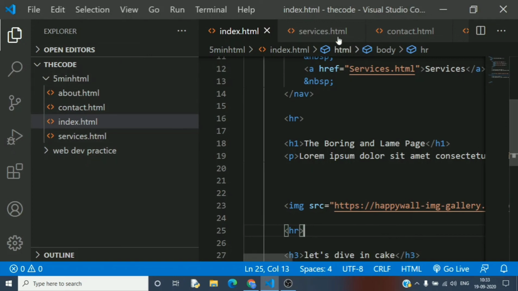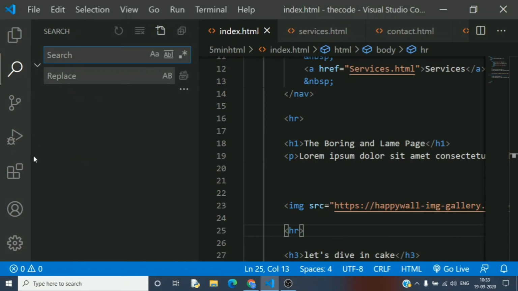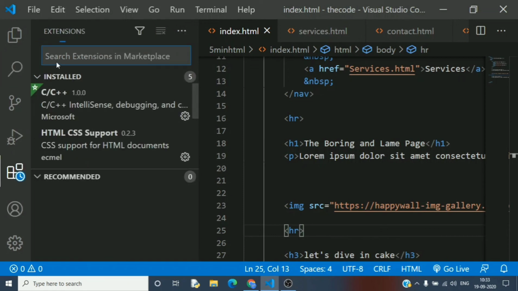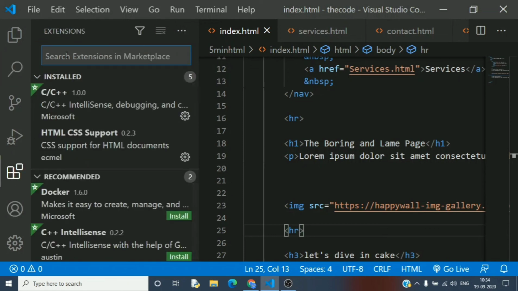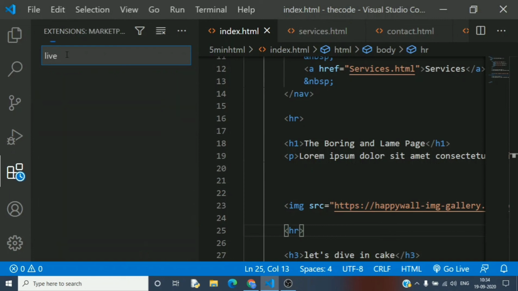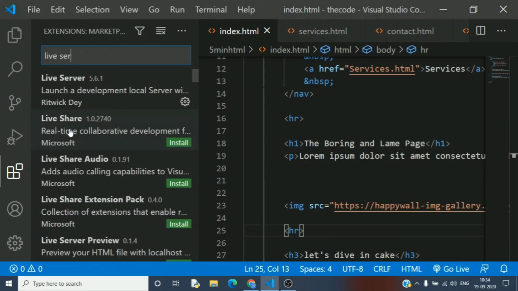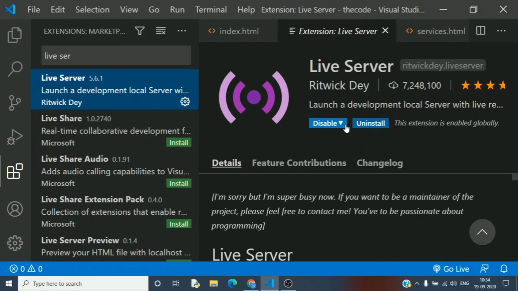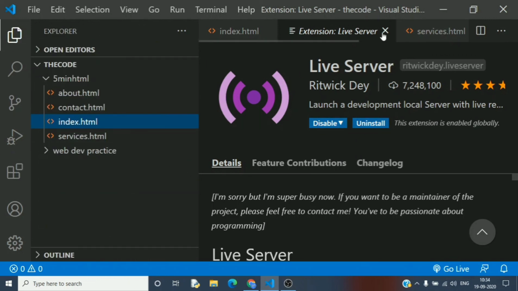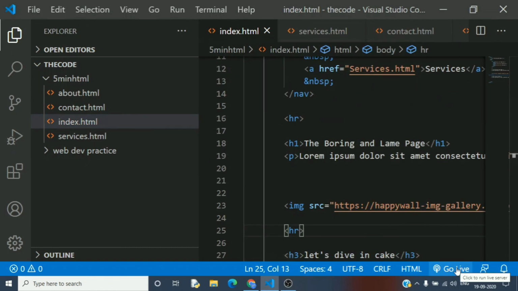and all the other things are completed. So I will be pressing this Go Live button. If you don't have this Go Live button, you can go and search in the extensions over here, in your Visual Studio extensions, for Live Server. Live Server helps you with HTML, CSS and every other stuff. You can just download and install it from here. It directly saves the file. You can just save the file and click Go Live, and it will directly open the browser